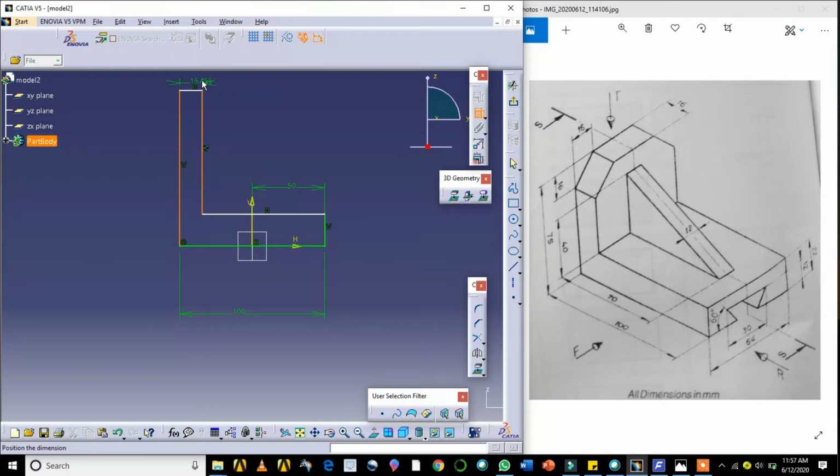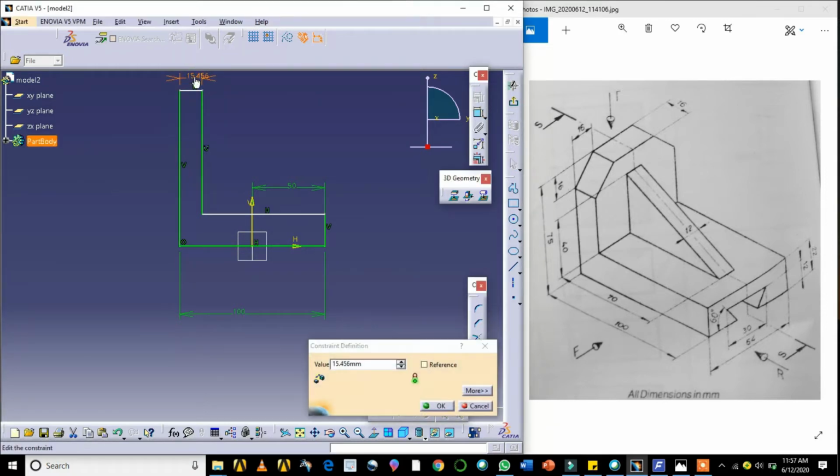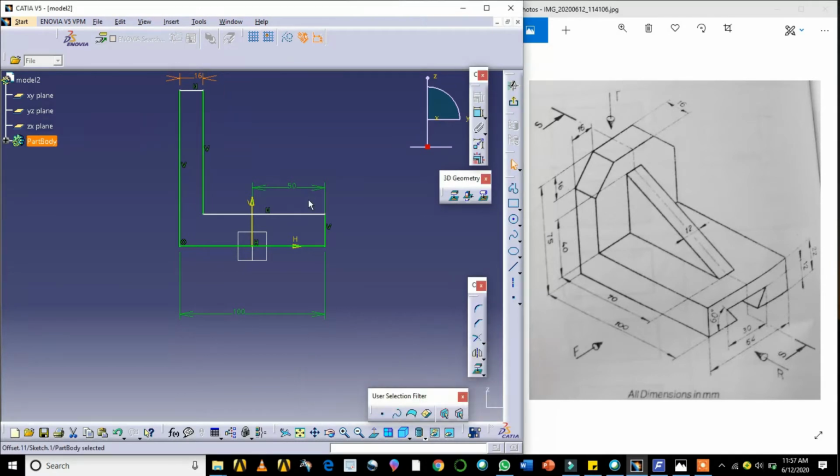See here, this dimension is 16. Enter 16 mm. Next one, how much is this dimension? This dimension is equal to this dimension. This dimension is totally 22.